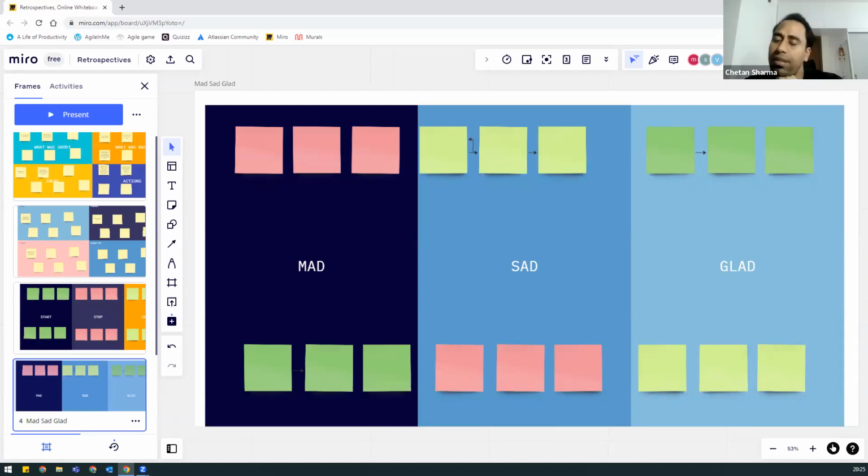So let's try this retro. When you have a different situation, which is not usual, then we can bring this. It could be a production issue. It could be a bad experience of a particular bad delivery of a sprint, or it could be anything else,